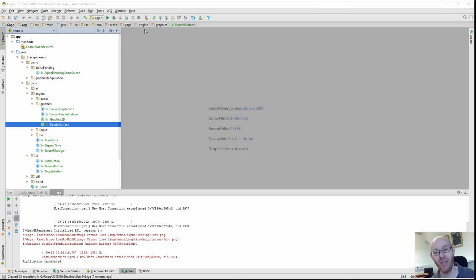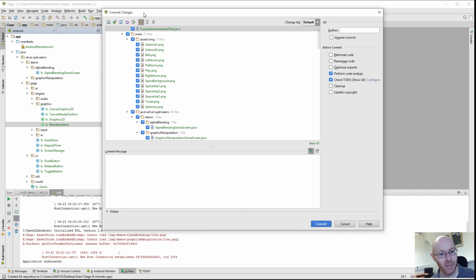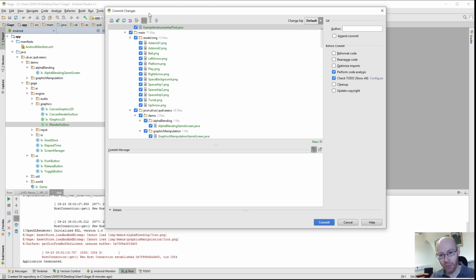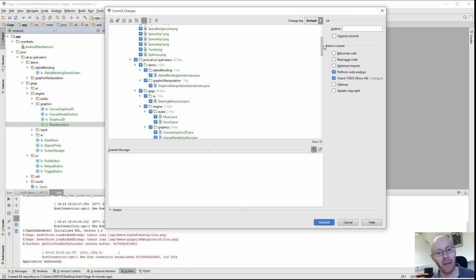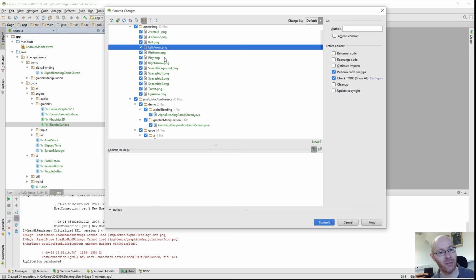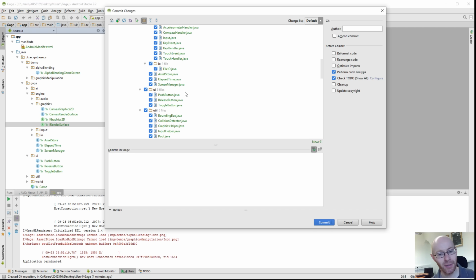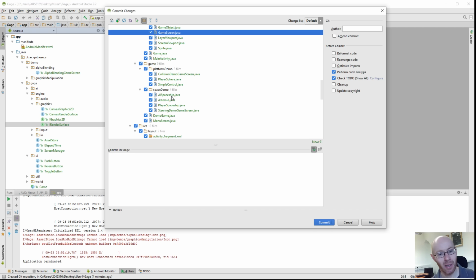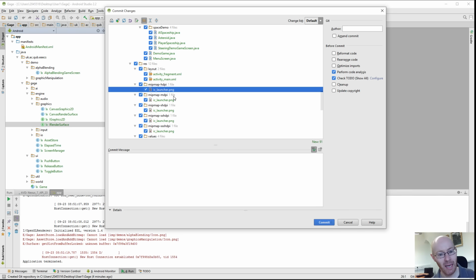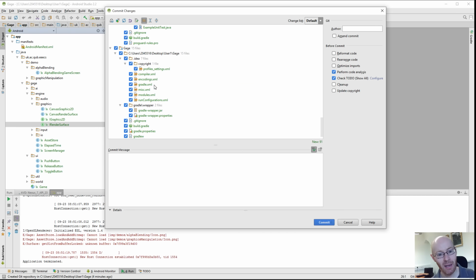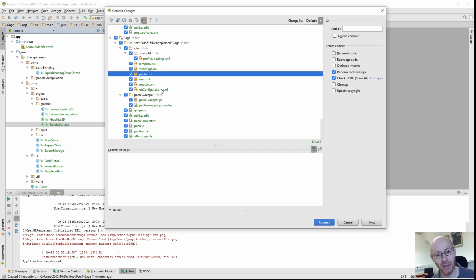So I do commit changes at this point. So this is me saying I want to add all of those new files, this is my initial commit, into the repository. And it's given me a list of all of the files that I'm adding. So we've got the PNG files inside my image assets. I've got my source files. I've got some stuff down here in terms of the icons,